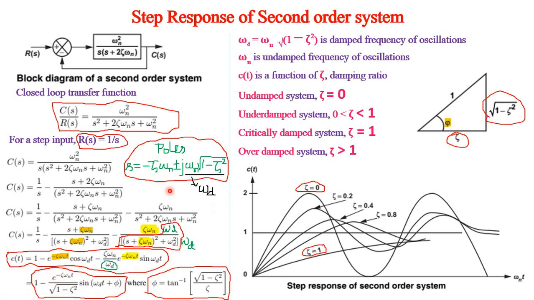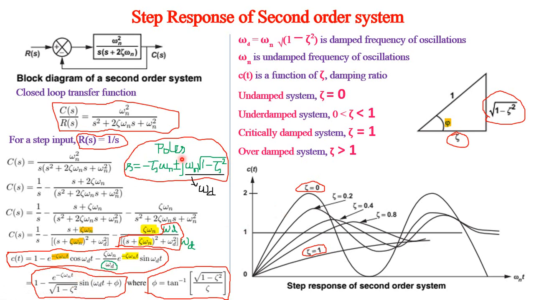In any transfer function where we have complex poles, when we find the response, the exponential decay will be contributed by the real part, whereas the oscillatory part, sine or cosine, will be decided by the imaginary part. That is why, when the damping ratio is increased, the oscillations progressively decrease with respect to time. When the damping ratio equals 1, we cannot straight away use this relation, because 1 minus 1 is 0, and infinity will appear. So you have to develop it from first principles.